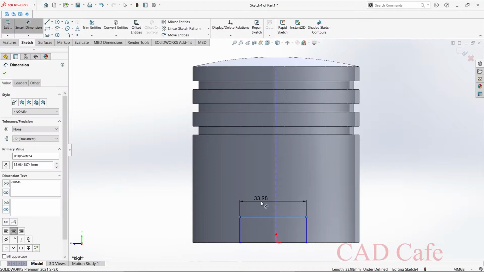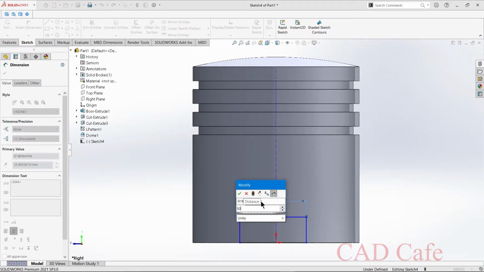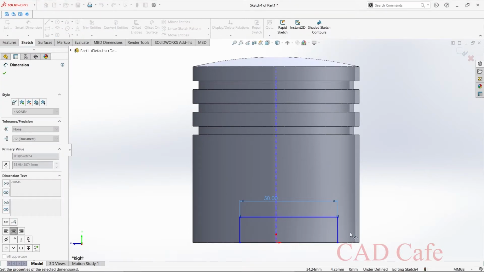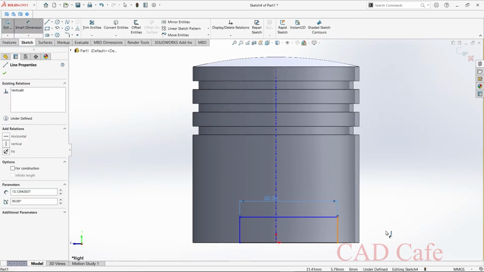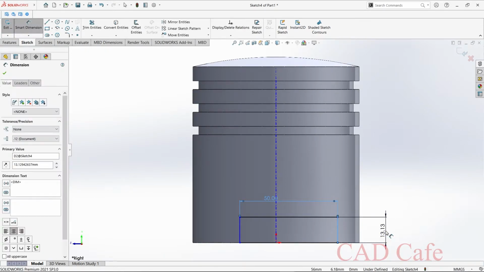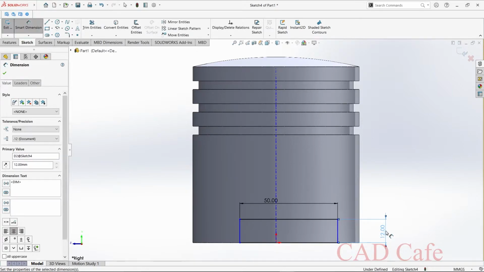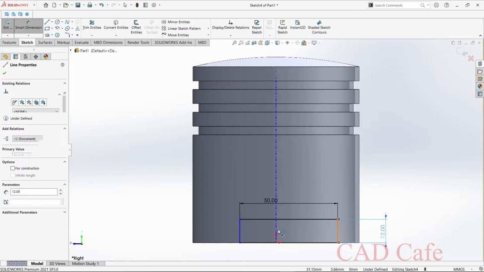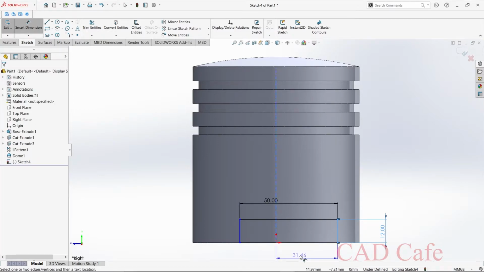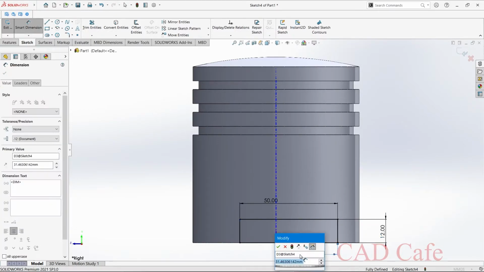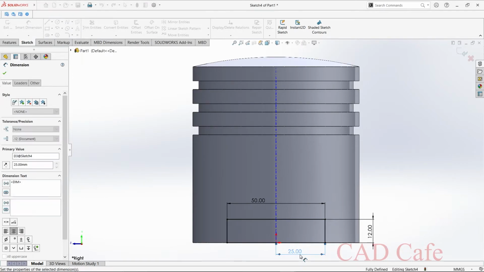This length is 50 mm. This length is 12 mm. And it should be 25, so it will become center.